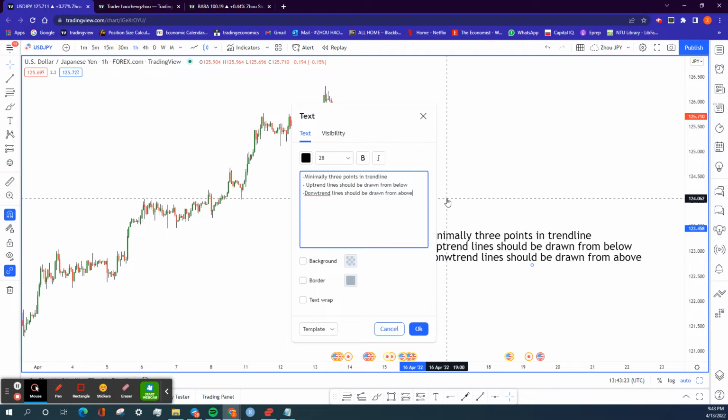Right. Next, our next rule is that trend lines should not cut through candle bodies and should cut through as